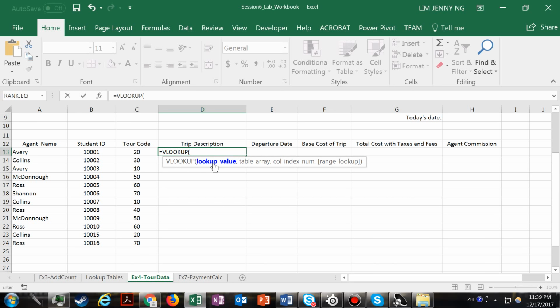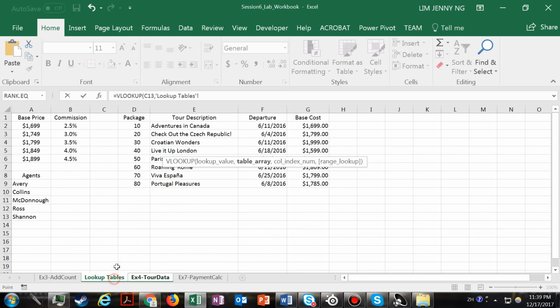And so the first argument for VLOOKUP is the value that we're searching for, and that's in C13, comma. The second argument is the table where we are looking for this value in the first column. And that table array is D2 colon G9